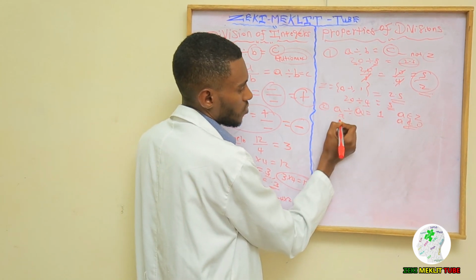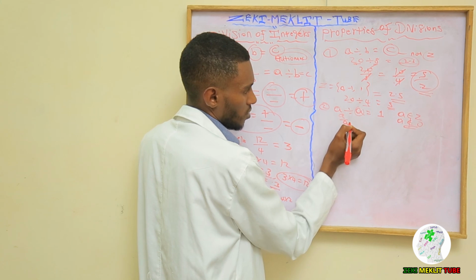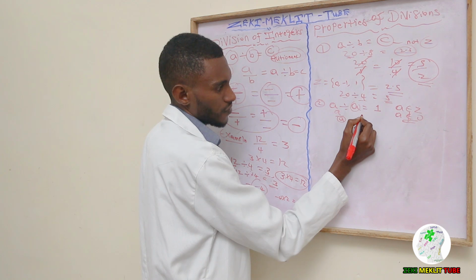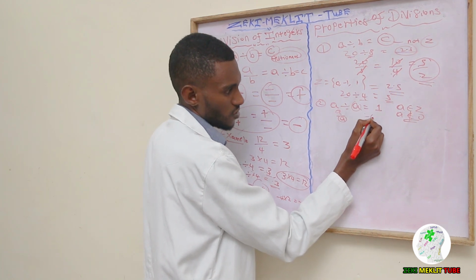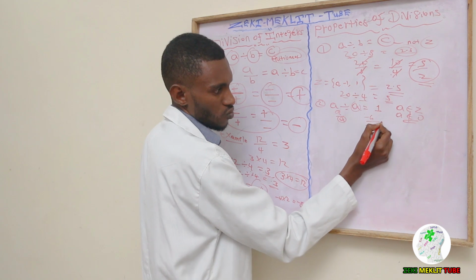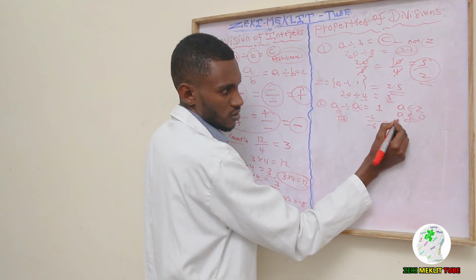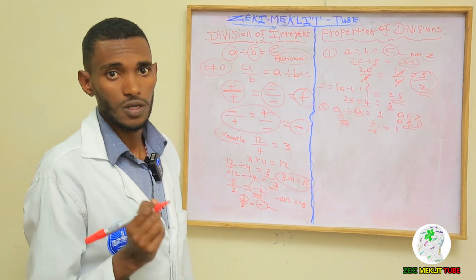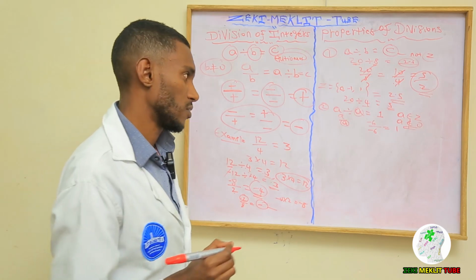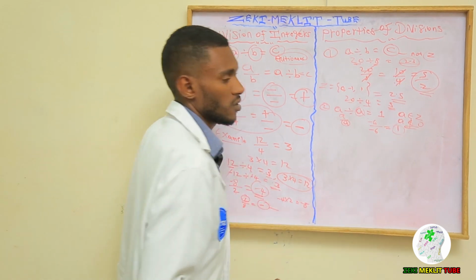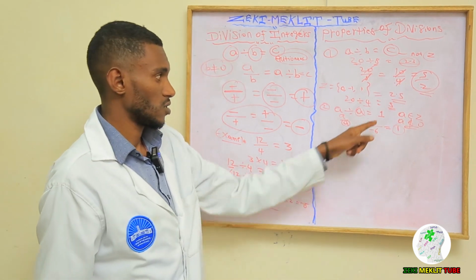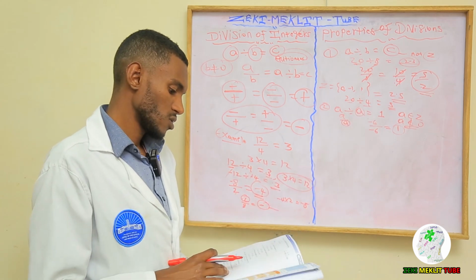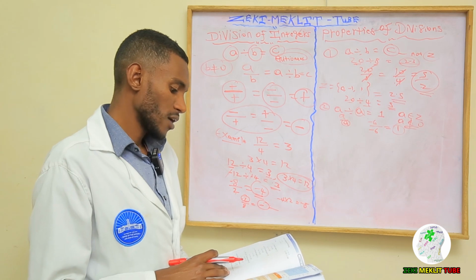So any number cannot be divided by 0. So if we divide a by any number, both are integers, but the denominator is different from 0. So let's take any integers, for example negative 6 divided by negative 6, with itself is what? 1, always positive 1, okay? Because any number divided by itself is 1, except 0. Any non-zero integer, if you divide it by itself, you get the result, or the quotient, is 1. This is the second property of division on integers. The third one is